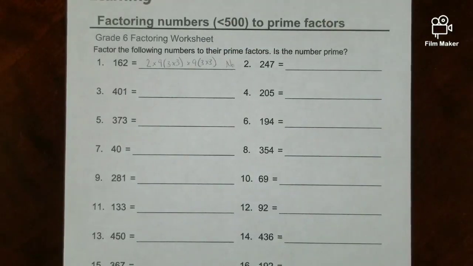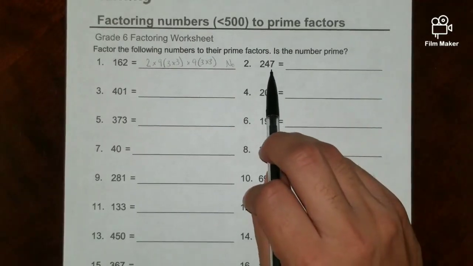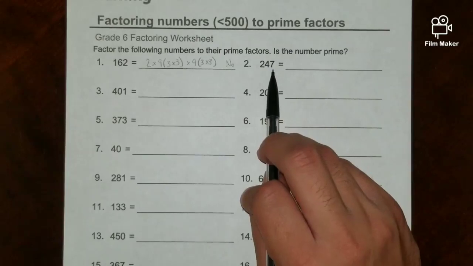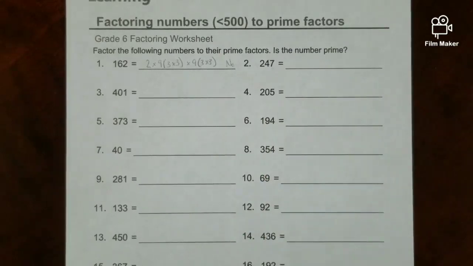For the second one, we have 247, and right off the bat we won't be able to know if this is prime or not because it's not an even number. The 7 here is not even, and that's what we're looking for, the last number, to see if it's even or not. So we're going to have to try and divide by multiple numbers to see. So we can try 247 divided by 3,